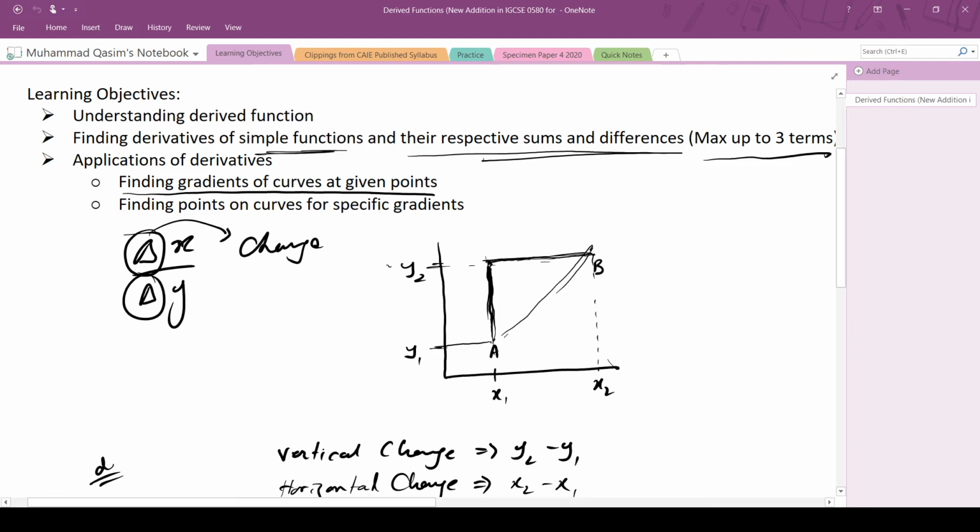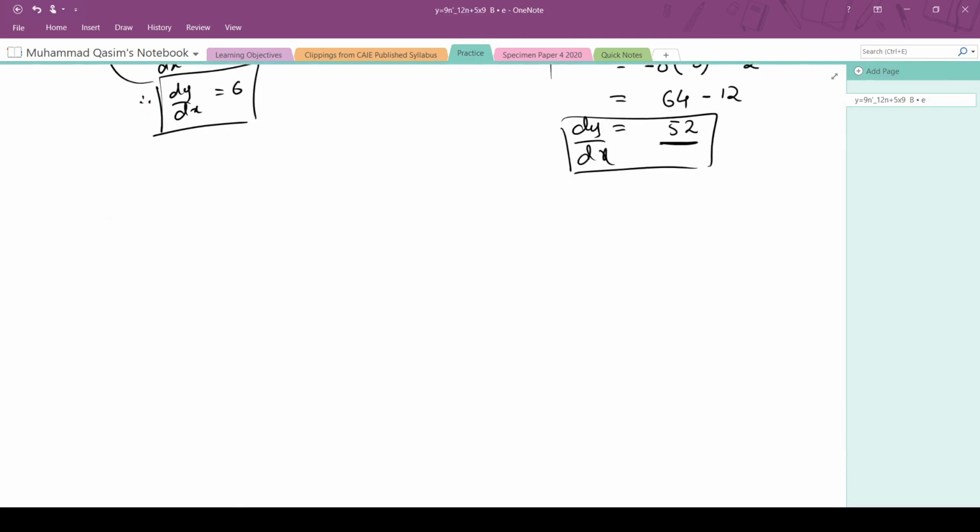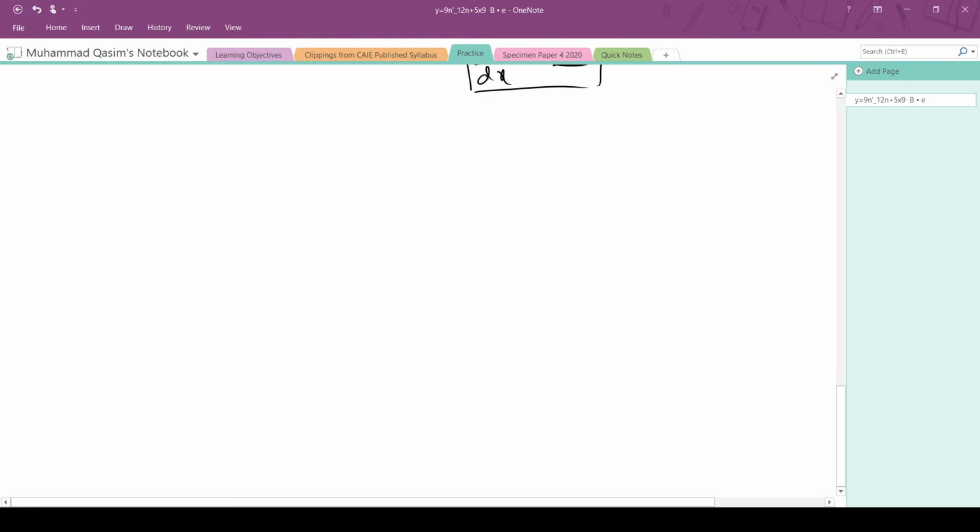Now another way you can use the derived function is finding points on curves for specific gradients. This is the opposite of the first application, means you will be given the gradients and you are going to find out in your graph on which points you are going to have that specific gradient. Now for example, let me give you a question here. For example, you have a question